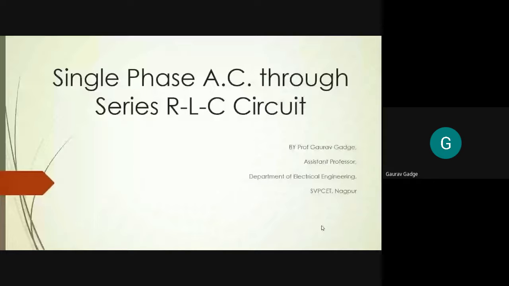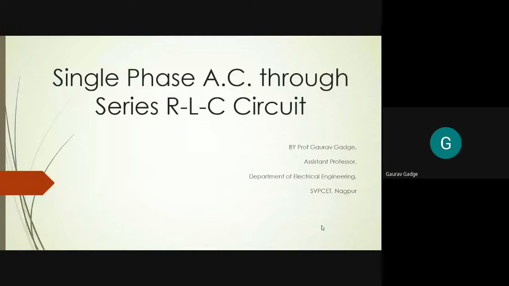Good morning to all. Today, I have prepared this particular PPT for the lecture, and I have put certain animations into it so that every student can understand the concept of the single phase, which is applied to the load, and loads are classified as resistive, inductive, and capacitive. Whatever load you consider, maybe a single phase appliance or three phase appliance, the element which is basically involved in it is resistance, inductance, or capacitance, or a combination of the three.